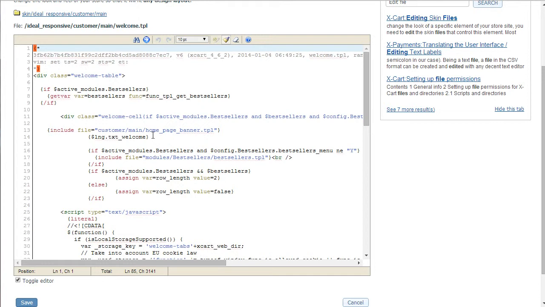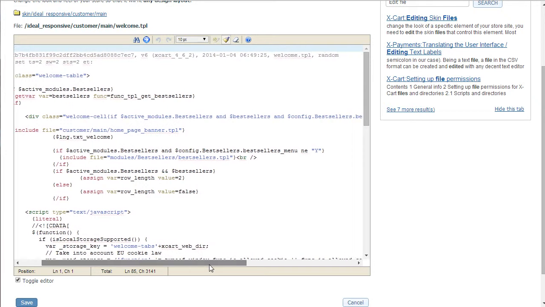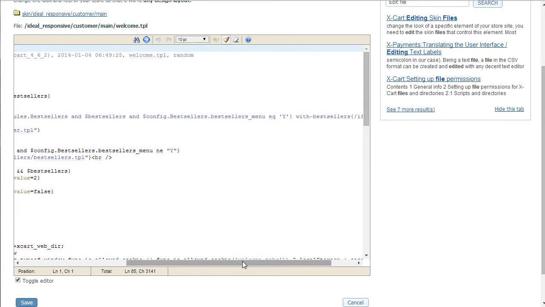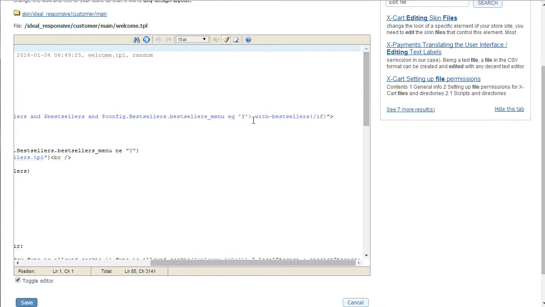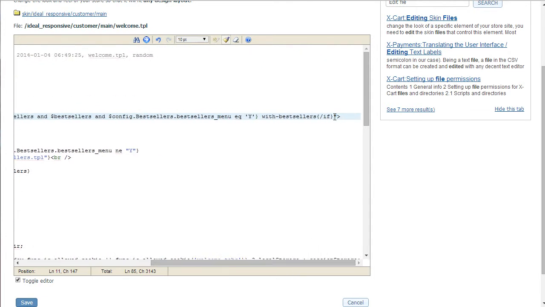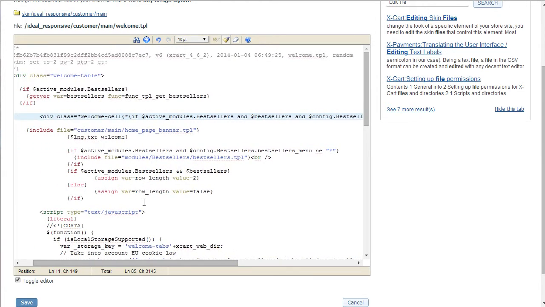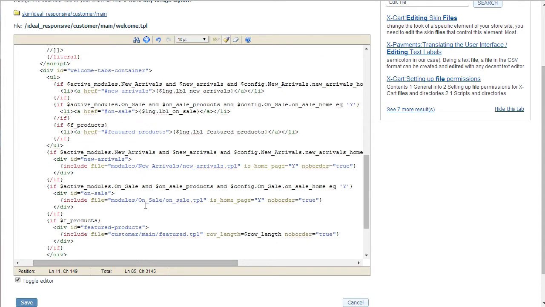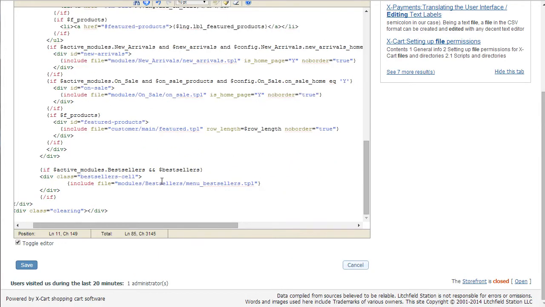Okay, and there's a few things in here that we need to edit. We have this div class welcome cell if active modules bestsellers and $bestsellers and config bestsellers.bestsellers menu. So in other words, if there's bestsellers, then this extra CSS gets applied and moves the welcome cell over. Okay, so we really don't want that behavior anymore because we're going to put our bestsellers right in the right bar. So I've just commented out that section,